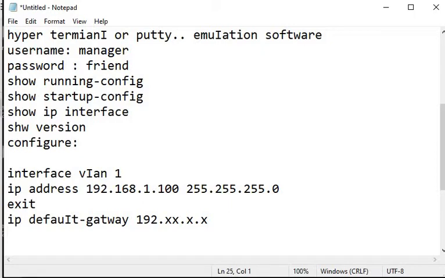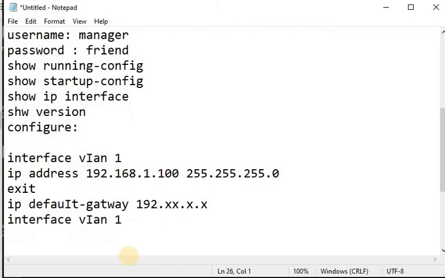Next, if you want to delete an IP address, or you want to delete any of the configuration, you will use the no command. Like, you want to delete the IP address: first you will type interface vlan1. Now you are inside VLAN 1.